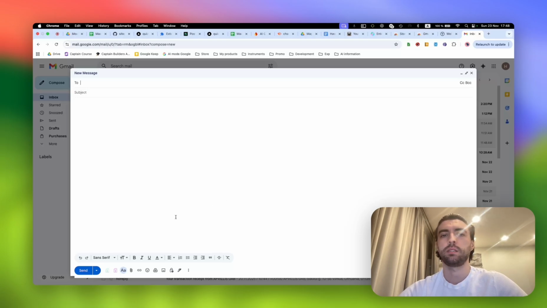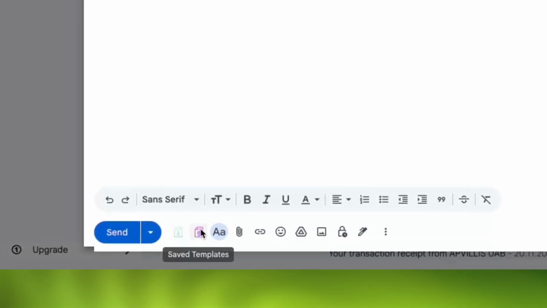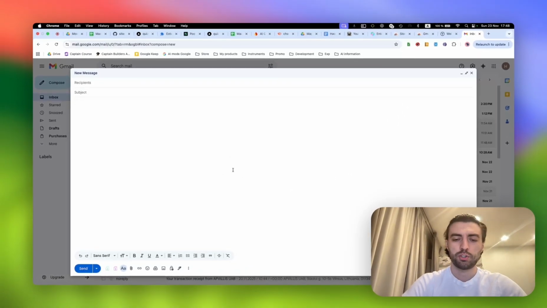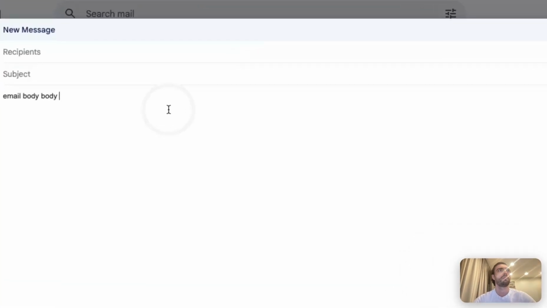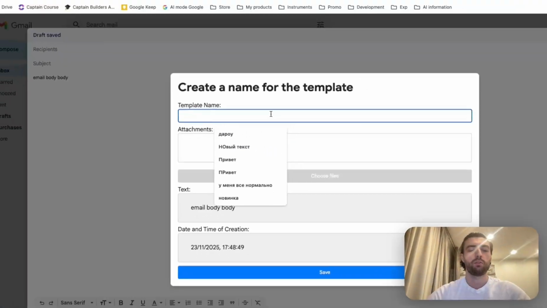Inside the email editor, you will see two new buttons from the extension: Saved new template and saved templates. I write a message, for example, like this, and click Save New Template. I can write name,